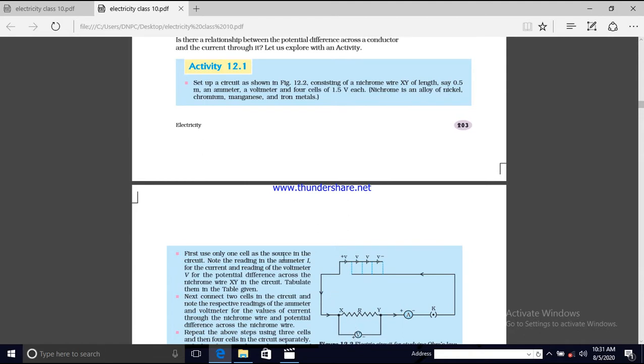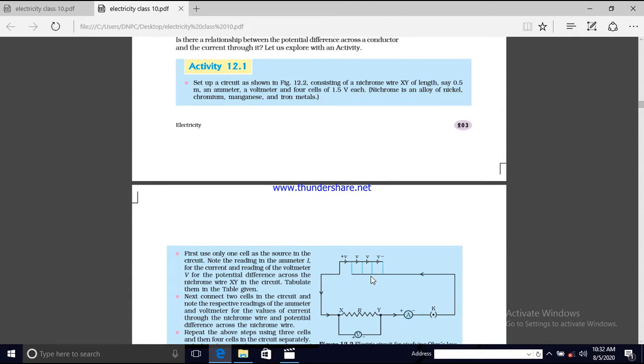Then what are the remaining components used in the circuit? An ammeter. Here you can see how the ammeter is connected, and the next one is the voltmeter. Make sure the voltmeter is connected parallel to the resistor, and the ammeter is connected in series with the resistor. And what does this symbol represent? It represents a key which is open or closed. It is closed, so now the circuit is in the on position.